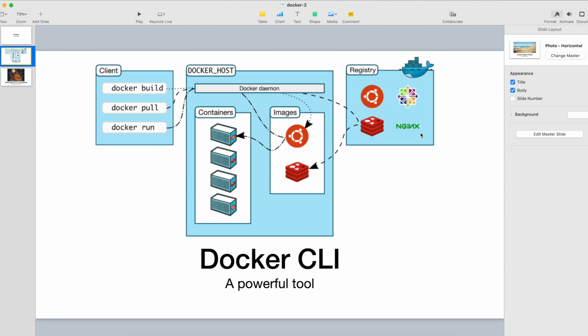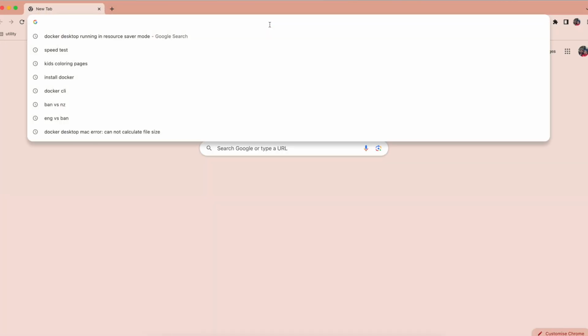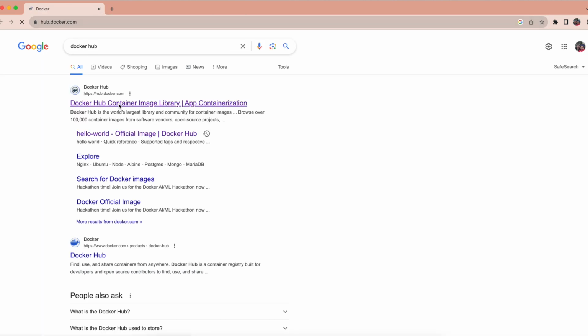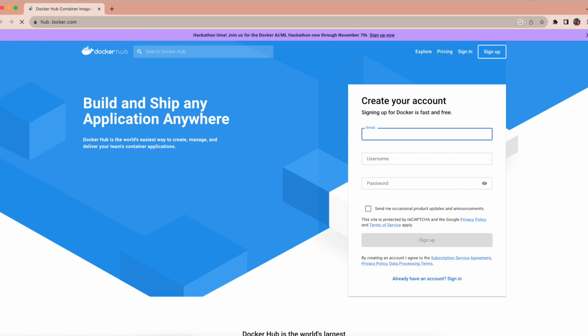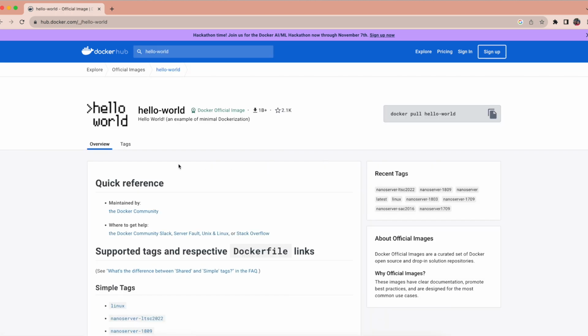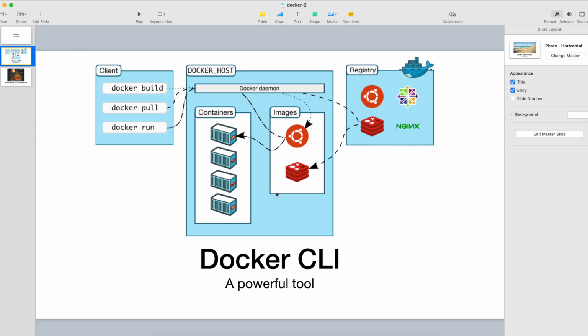will show you in some other videos how to actually create private repositories and how to store your images there. We'll quickly go to Docker Hub now, where just like npm.js, there is this Docker Hub. So let's go to Docker Hub. Yeah, this is hub.docker.com. Okay, I'm going to go ahead and search hello world. Now this is the image that got pulled in our local